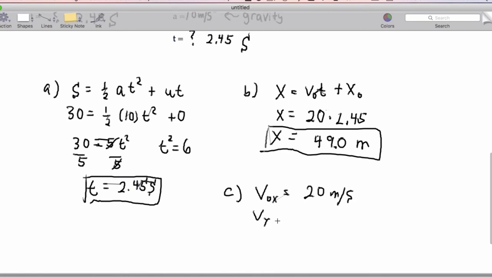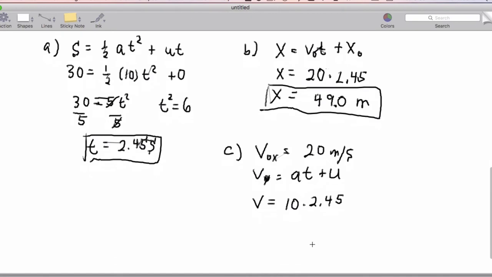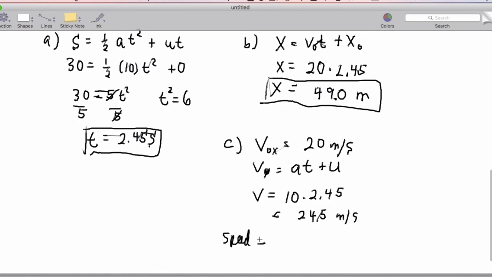Now let's get vy, and that's going to be equal a times t plus u, or rather I can just say v equals at plus u. So let's solve for v. So v is going to equal 10 times 2.45. And so that ends up giving me 24.5 meters per second. Now the total speed is actually going to be, it's the length of the velocity vector,